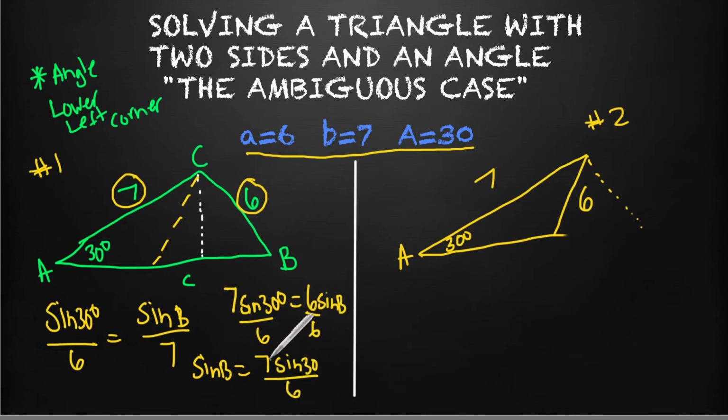Our calculator is going to give us some sort of decimal answer for that. And in order to find angle B, we will take the inverse sine of both sides. So we will get angle B to come out to be 35.7 degrees. So we'll put that angle in. And then we add 30 and 35.7 together. And we subtract that from 180 to get angle C. And angle C is going to come out to be